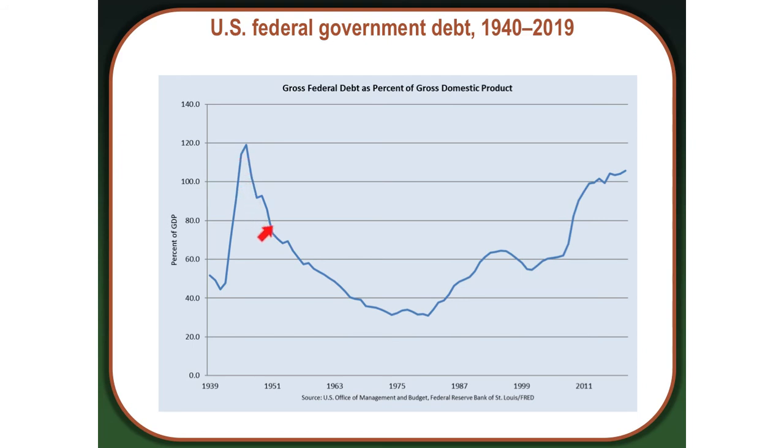Once we returned to normalcy after the war, the debt to GDP ratio declined. So again, keep in mind, we're talking about as a percentage of GDP. So what this meant is if GDP were 5 trillion in this year here, then we would have a total debt that is 120% of $5 trillion at that particular point in time. So debt to GDP ratio of 120% back in the time of World War II, dramatically declining through about 1980,